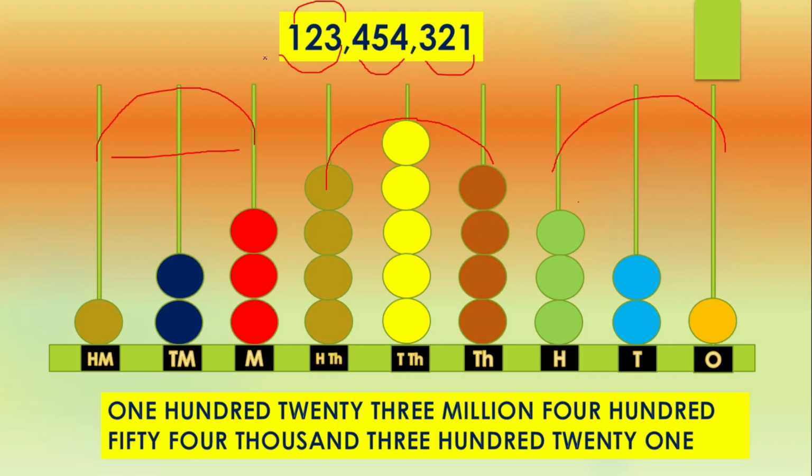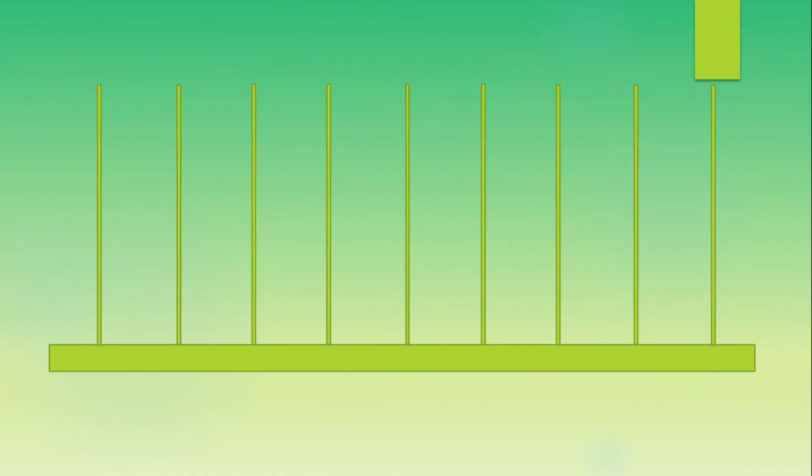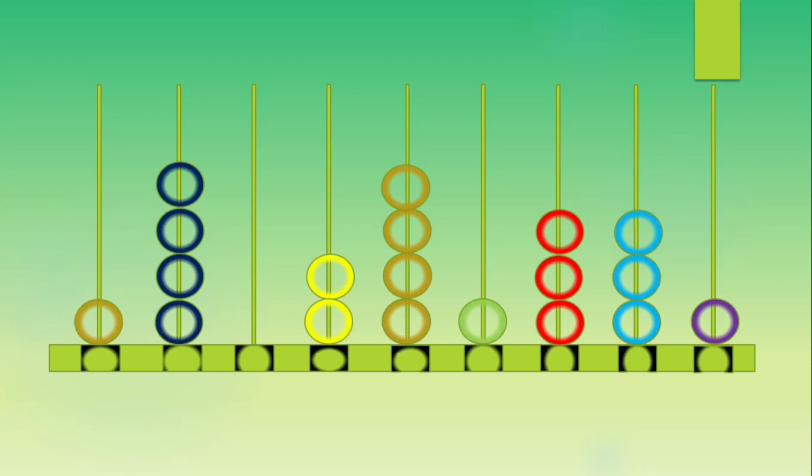Right? So children, one thing more I want to tell you: if I had to show the same number in the Indian system of numeration, how would I put the commas? I would have put the commas first after 3 digits, then after 2 digits and then after 2 digits. But in the international system of numeration, the commas are given after every 3 digits. So now let us have a look at one more example.